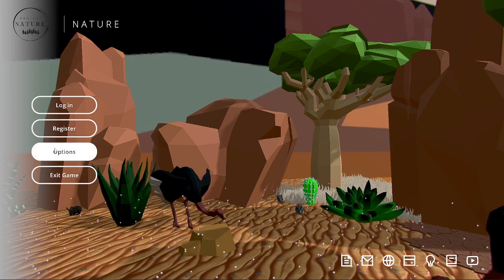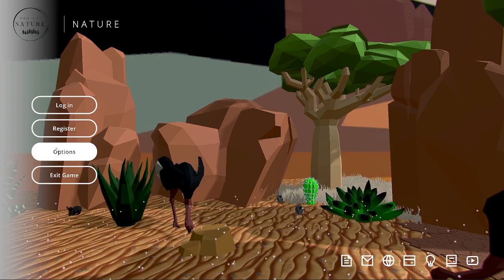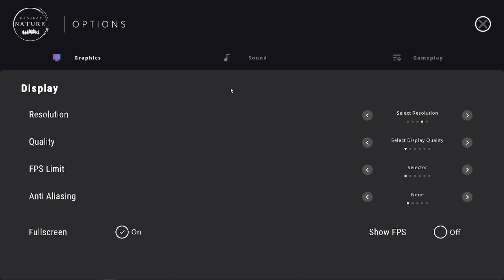You also can find some options in the game. So those options can be about graphics. Because this game is pretty hungry in terms of performances, it might be smart to actually go to a lower resolution than the one of your screen if you have some issues with fluidity, or select a quality which is pretty low. But otherwise, if you don't have any issue with that, I would recommend that you just go with